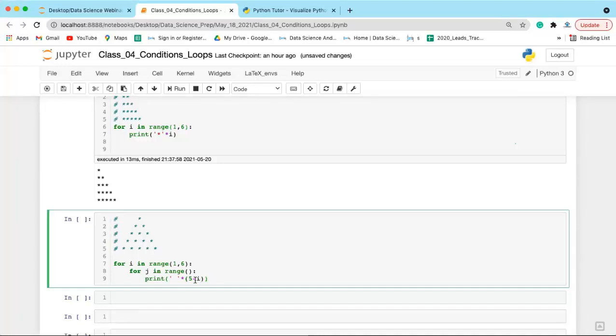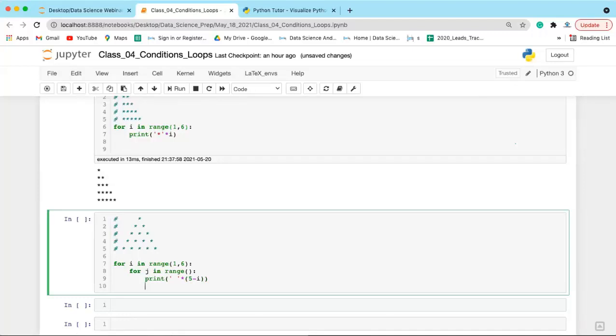After printing these 4 spaces, you will be printing a star by how many times? Print star. Not j times, you will be printing it i times only. Okay, fine. Why i times? Because first time when i is 1, it will be printing this star 1 time, then when i is 2, it will be printing 2 times, and then 3 times, and so on. And after star there is a space.